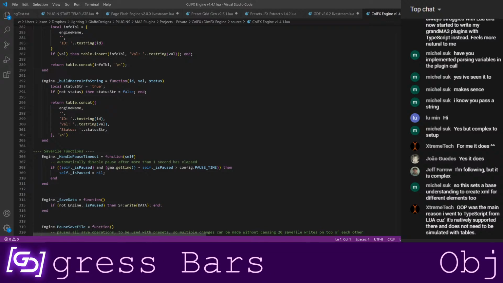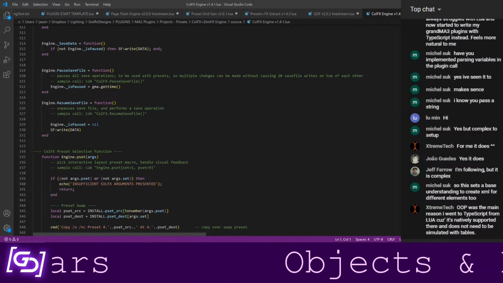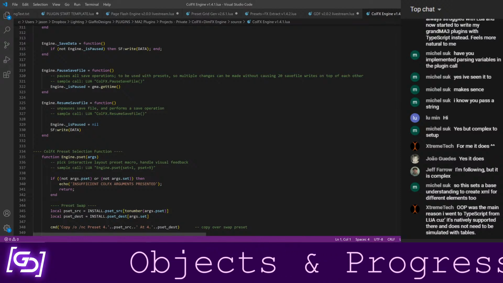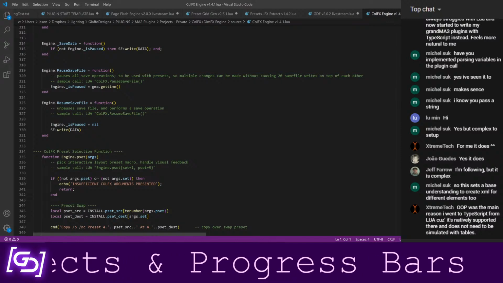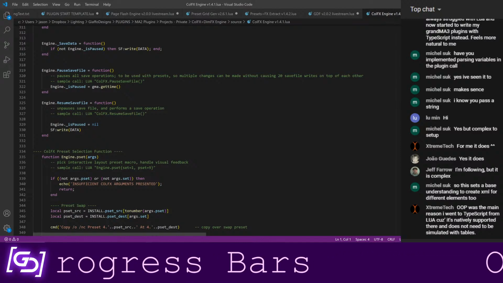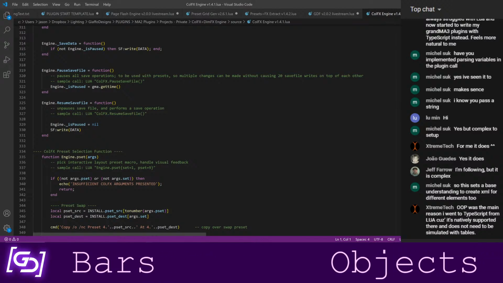So I'm still in the middle of rewriting this entire thing so that it is something I can just look at and have quick documentation of: here are the available fields that can be used, here are the available methods that can be called on it. So if I want to add this in, here's where this information is stored. All I have to do is create a new method that does this, and it works.